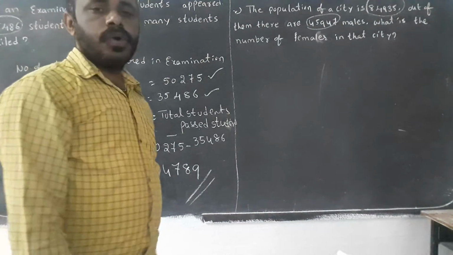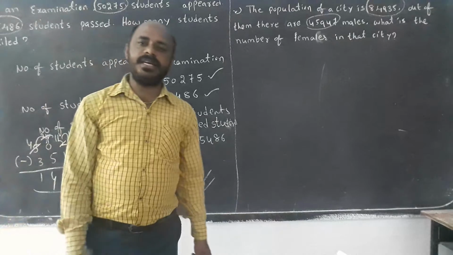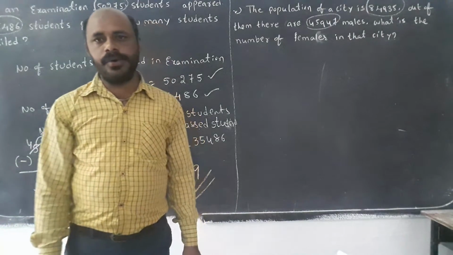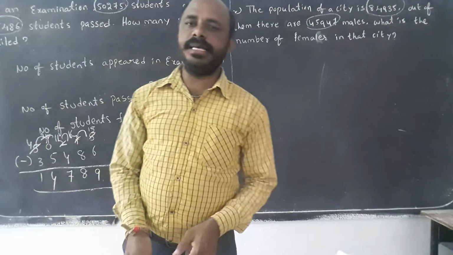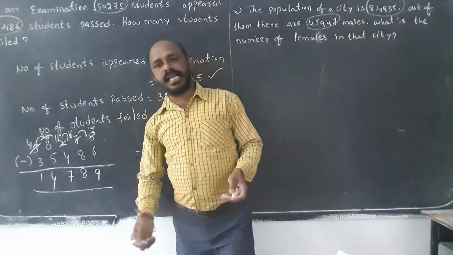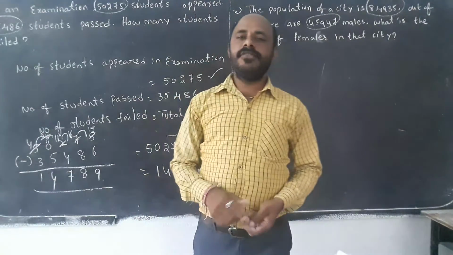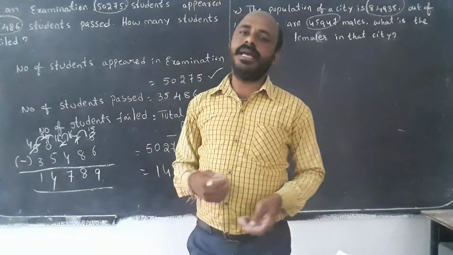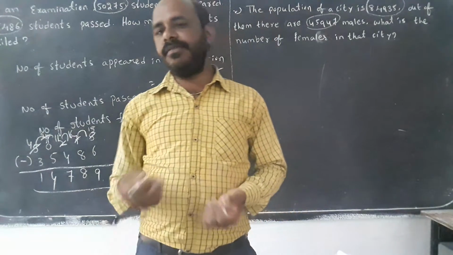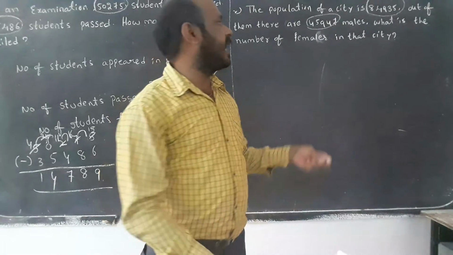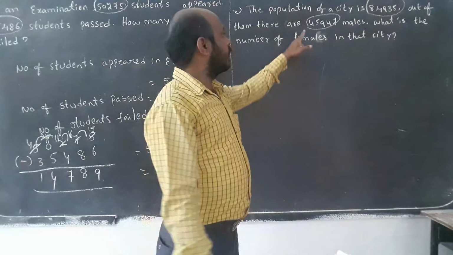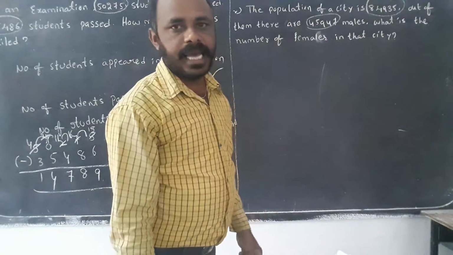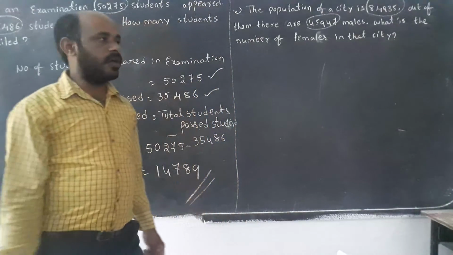First, what he gave is the total number of students. For example, in a class there should be both girls and boys. If the total number of students in the class is 30 and 15 are boys, how many girls remain? It will be 30 minus 15, so it will be 15 girls also. In the same way, he gave the total, and the number of males in the city. Then we have to find how many females there are.